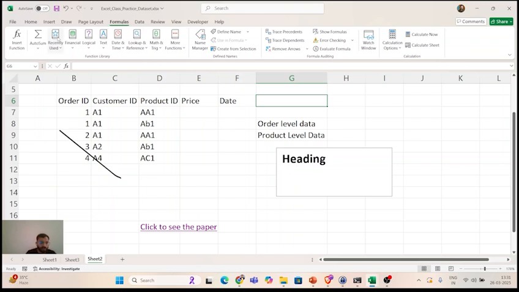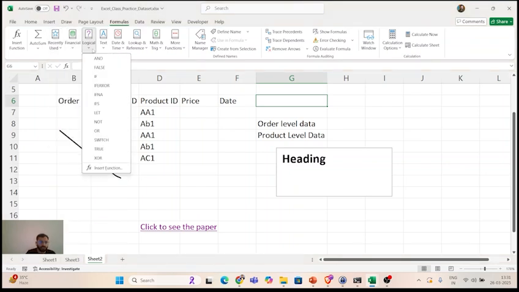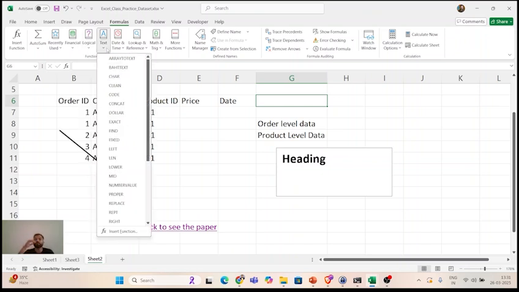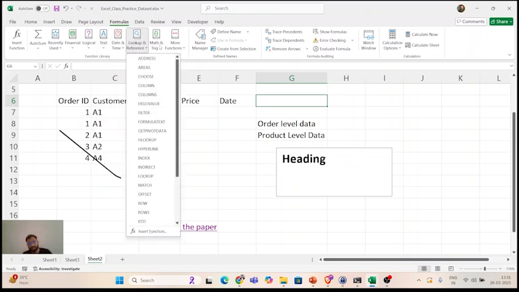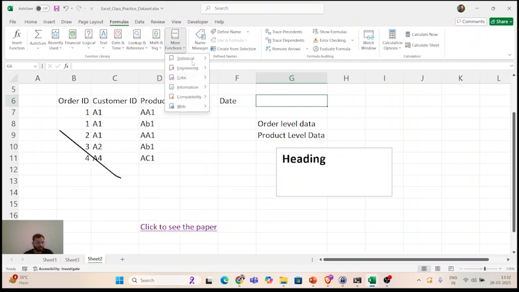So recently used formula, financial formulae, logical formulae like IFERROR, FALSE, and IFS, multiple IFs, right? So these are all present here. So even if you forget the formula, you can easily access it from here. Text functions, date functions, lookup, math, trigonometry functions, more functions. So you can see, right? Explore different options when you have time in the formula tab. We will use only what is very frequently used or basics.